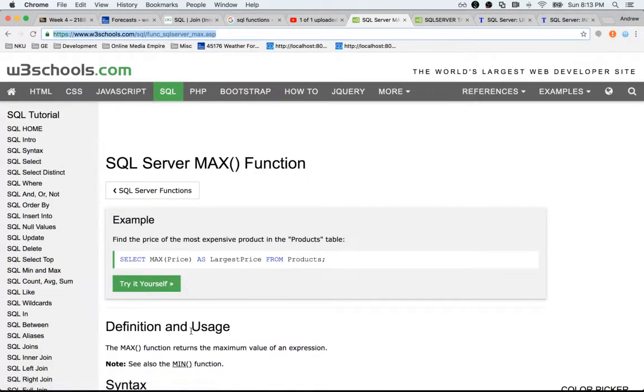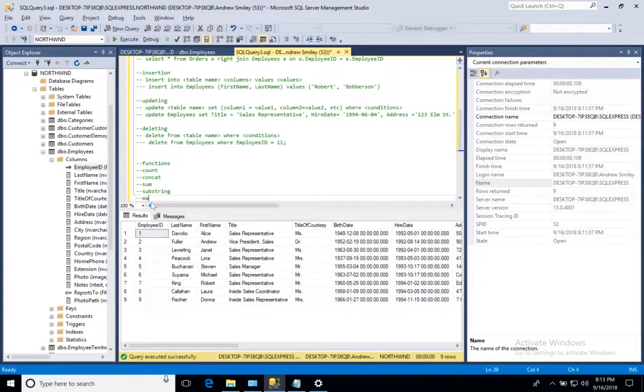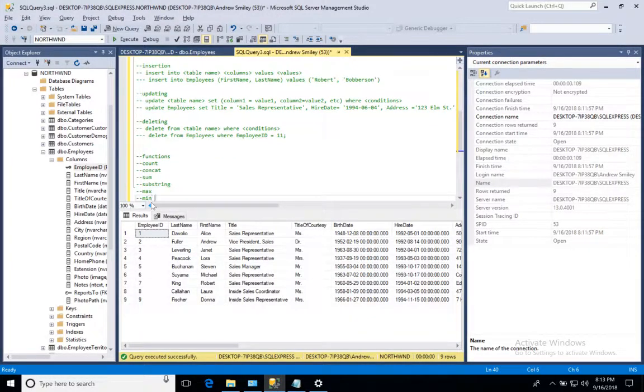Maybe max? Yes, we'll do max, min. Okay, so count. Count is basically a function that is going to return the number of rows counted. So if I want to find out how many employees we have, I can do select count star from employees,